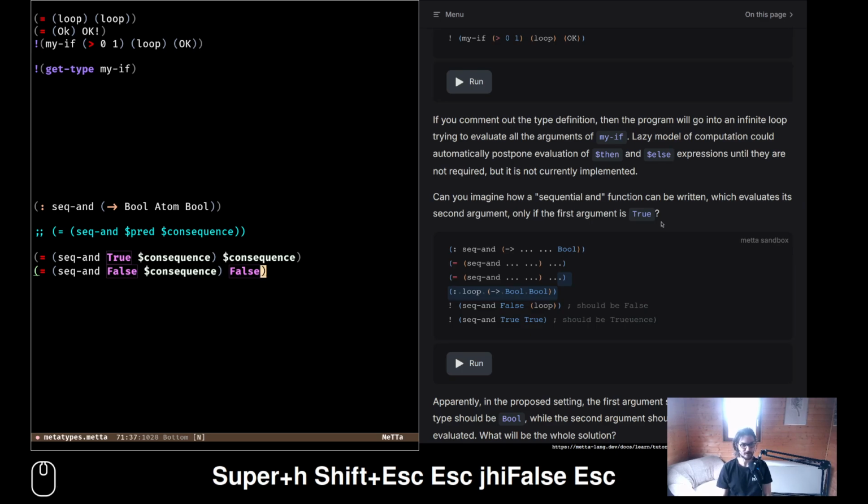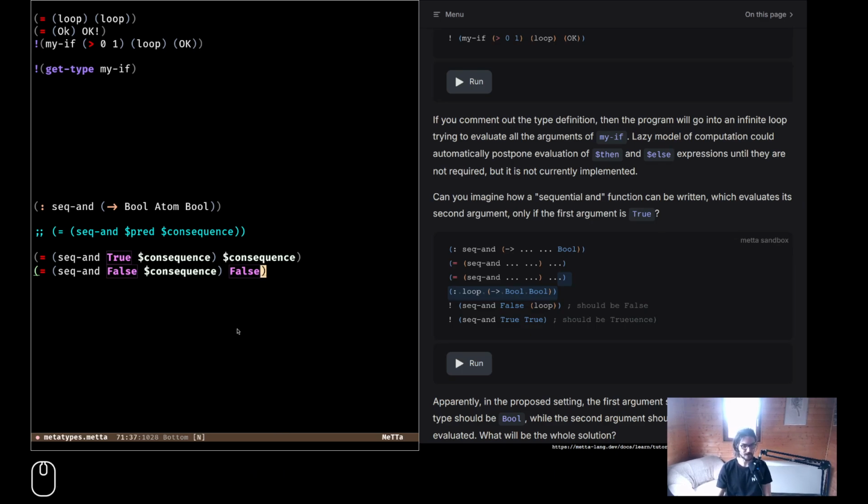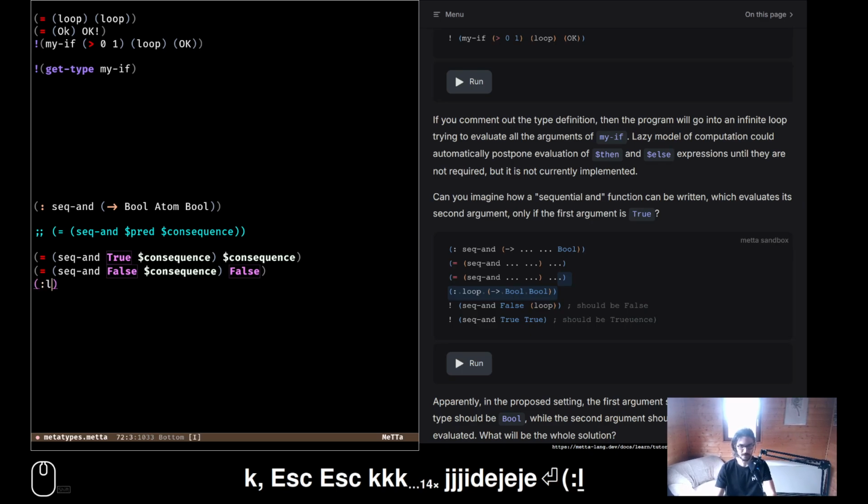I don't even need to. Yeah, we see that we skip evaluating this consequence completely. And in order to have this special behavior, we need atom. We need to say atom here. So consequence is now this special thing. So this is a little bit more like a macro now. Yeah, like this. I think this is correct.